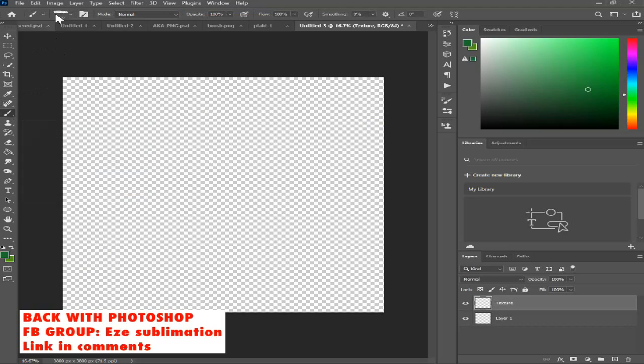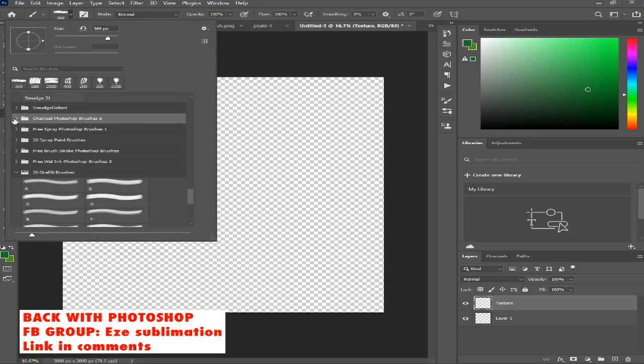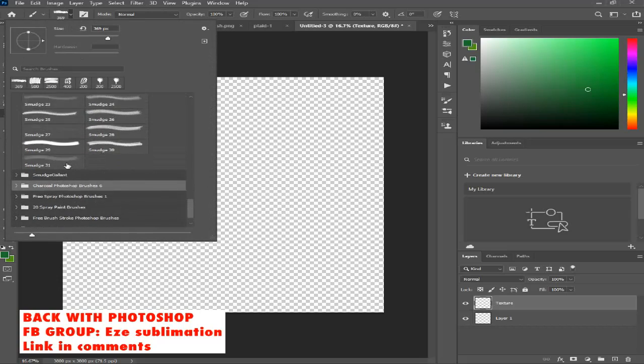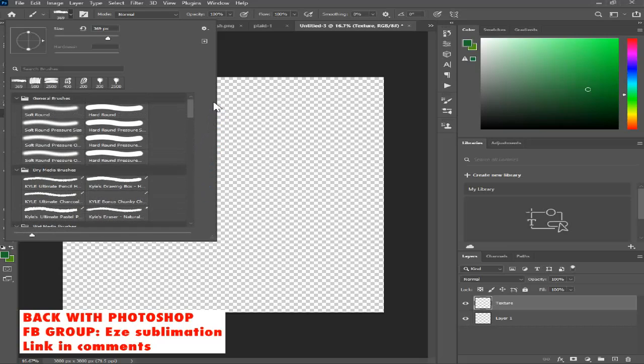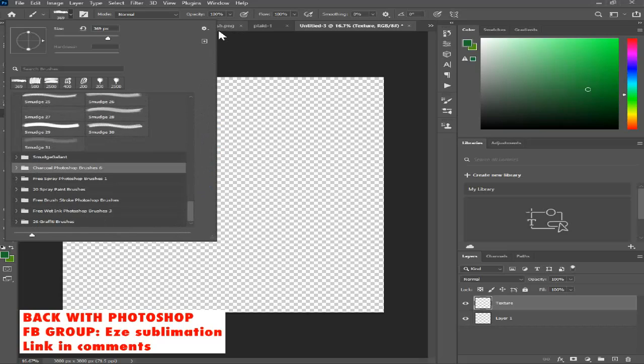So what we're going to do with the brushes, this is our brush tool here. Click on that one. Now we're going to go right here where it's showing the size. It's showing that it's at 369, and then right here we'll pull up all of your brush strokes and what's been downloaded. And as you can see, I have a lot that are already downloaded, and these are just a lot of the general brushes that come with the software. So in order to import the one that we just downloaded,